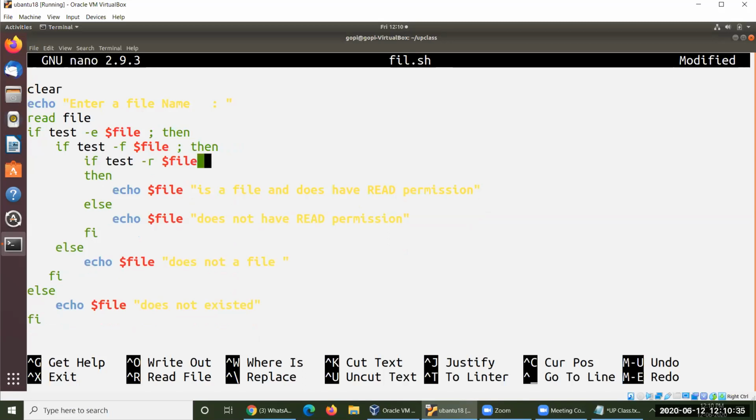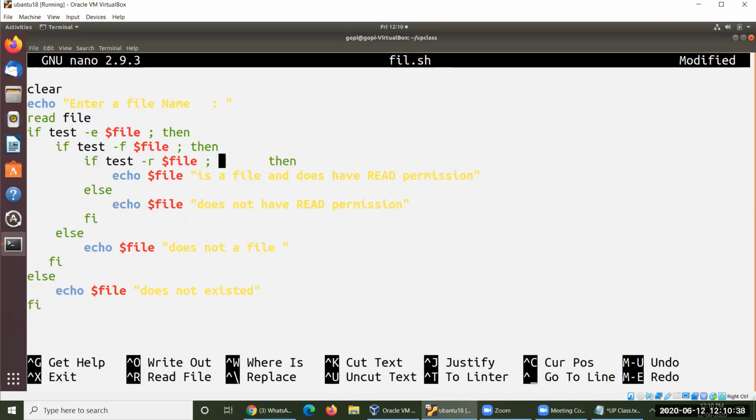It could be accepted. Look at this. If statement is available here, and semicolon followed by then. Previously, then would be placed in the next line actually. By default it goes to the next line.